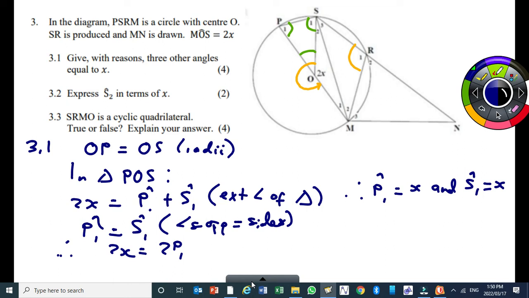You could take a long route of finding the value of R1, which you can say is 180 minus x. Then you subtract that 180 minus x from 180 to get x for R2. Or you can determine the size of this reflex angle here. It's an angle at the center, so it is twice R1. Then you have to determine R1 first, then use angles on a straight line, and you still get R2. So there may be three ways of getting the value of R2, but the shortest is just to write here P1